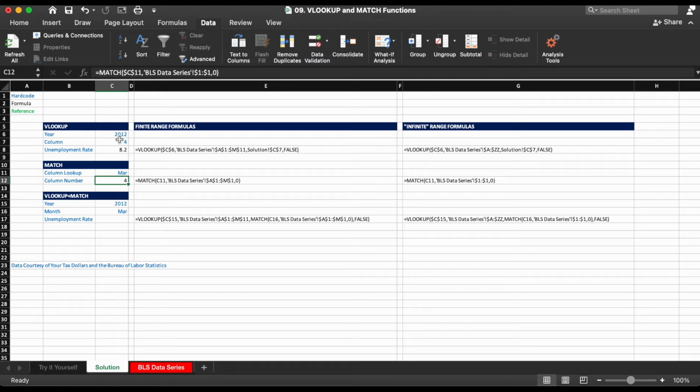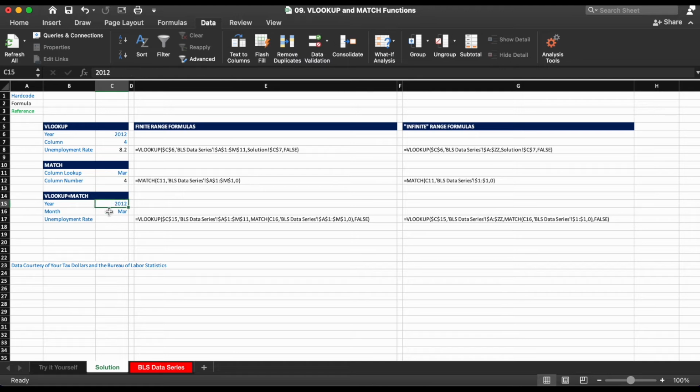So before going to the formulas, one thing we want to be really careful about when using lookups with multiple ranges is that the ranges always need to be the same length or width. As an example, if you select one range for the lookup and a shorter range for the match portion, the lookup will not work correctly because the match will return the relative position of the cell, which will not actually be what you're looking for. And we'll go ahead and show that when we enter the formulas.